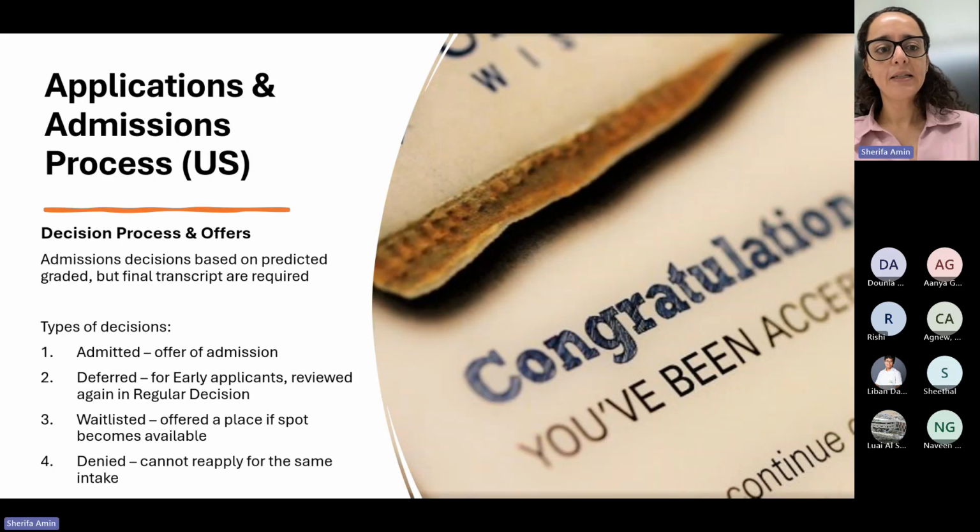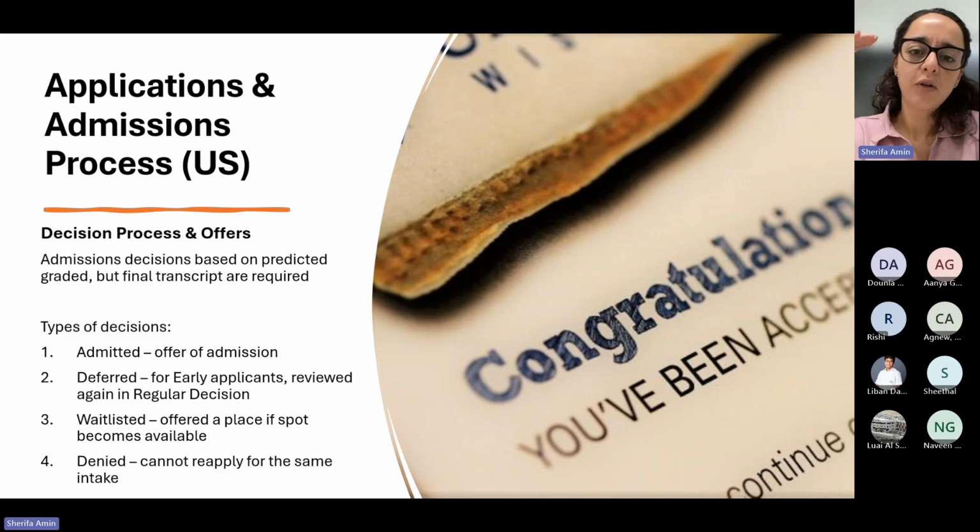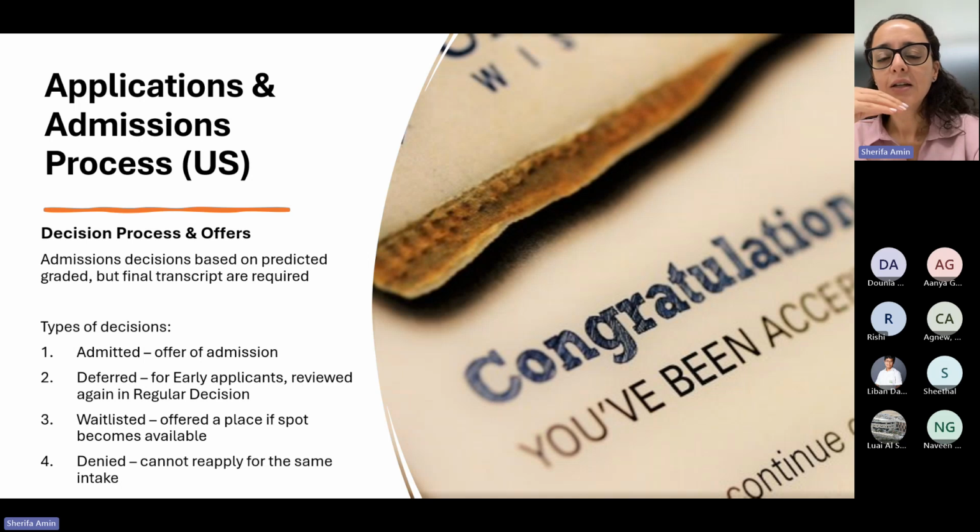Like the UK, decisions are based on predicted grades because students will not have sat their A levels at the time of applications, but they will need to see the final transcript before a student enrolls. If a student's results are lower than expected, universities do have the right